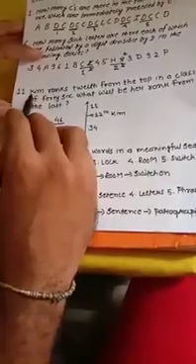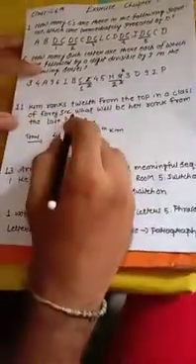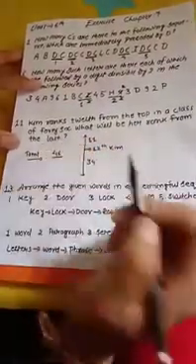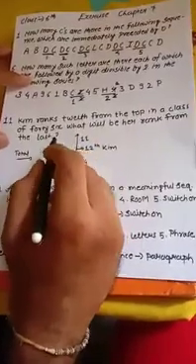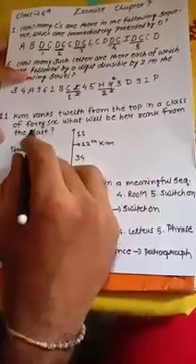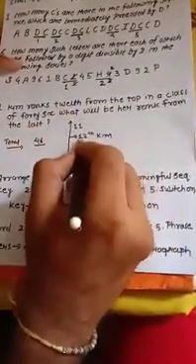In the next question, Kim ranks 12th from the top in a class of 46. What will be her rank from the last? That means this statement is given for a class which has a full strength of 46 students, and in this strength of 46, Kim's rank is 12th from the top.